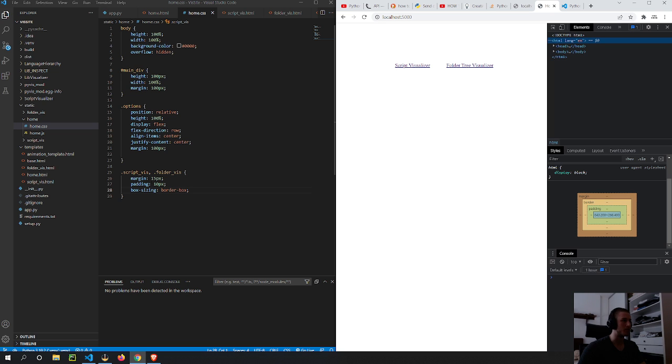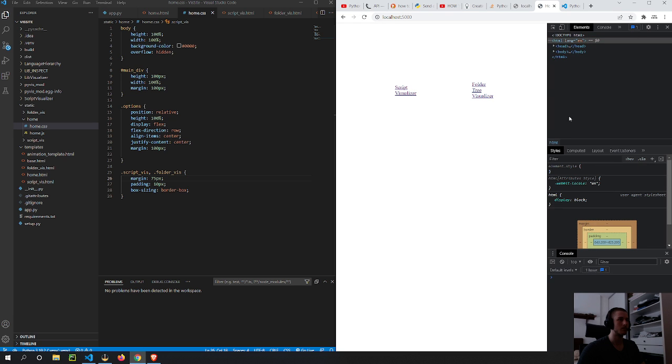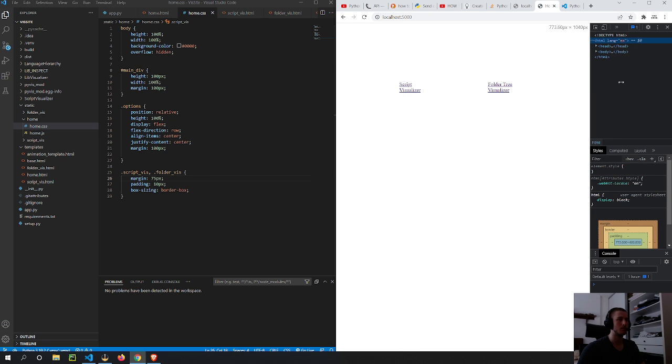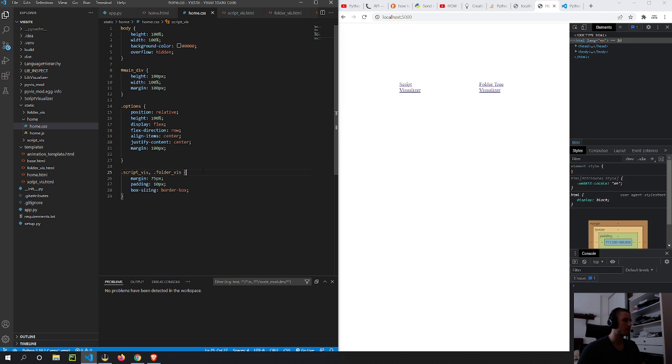So maybe I'll increase the margin to say 75. And let's say, let's try position absolute. I remember I did this at some point, but